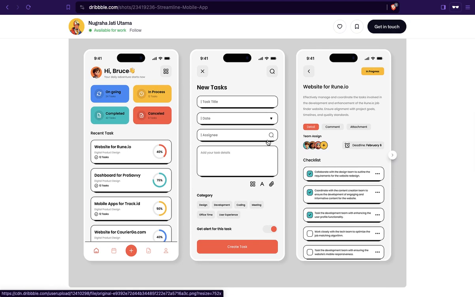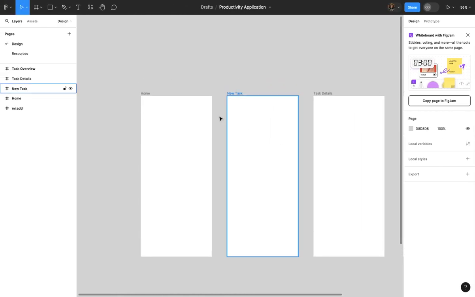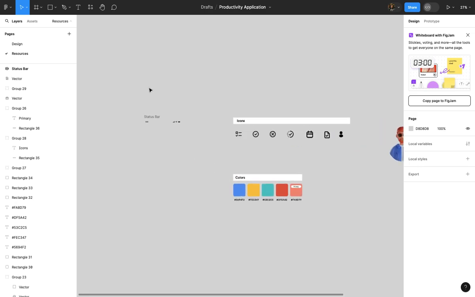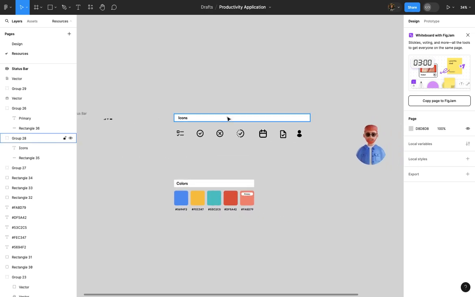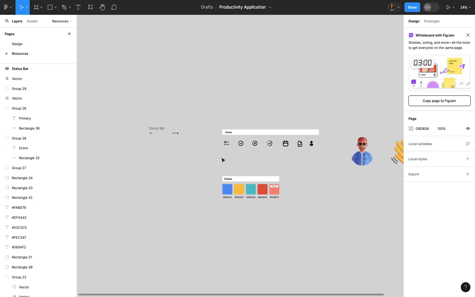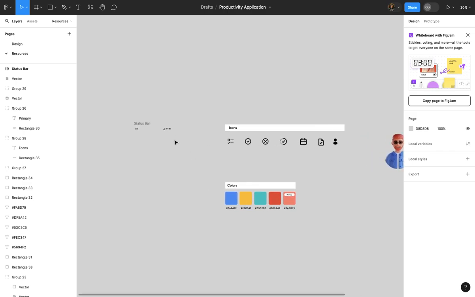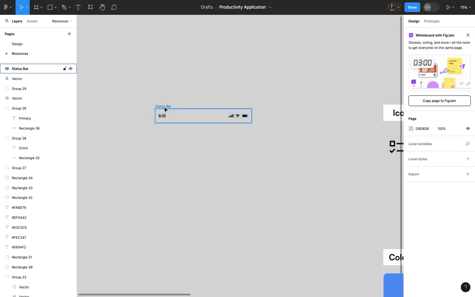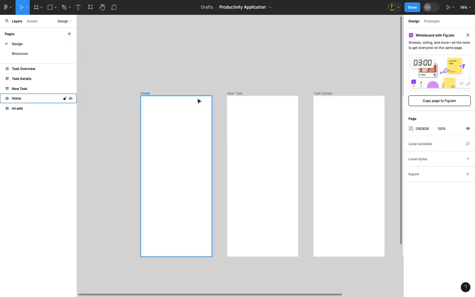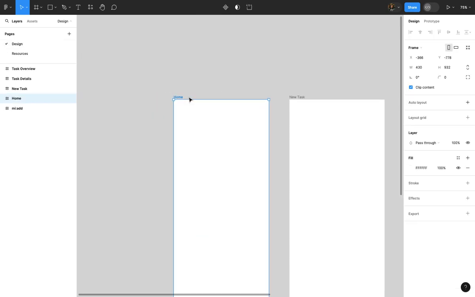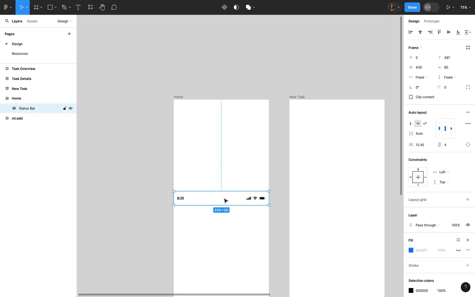So let's get started. This is the file in which we are going to design, and you will get access to this file in the link in the description. You will also have all the icons, colors, and all the resources available here. Okay, so in the resources, copy this status bar, go to design, and go to our first screen, our home screen, paste it here,